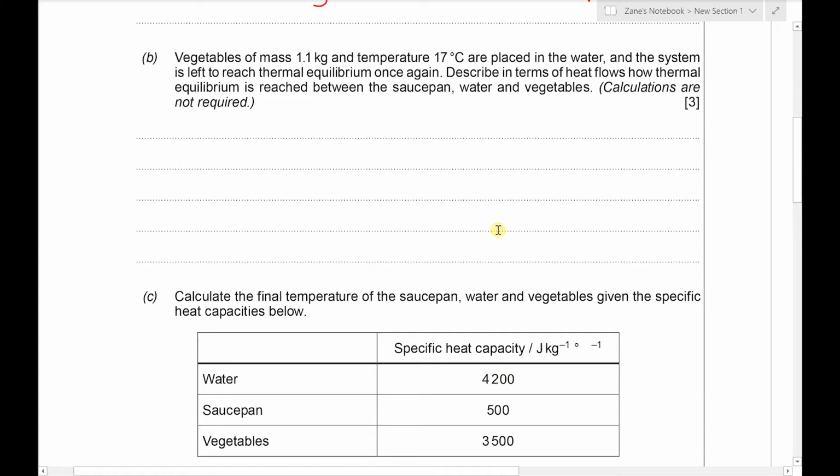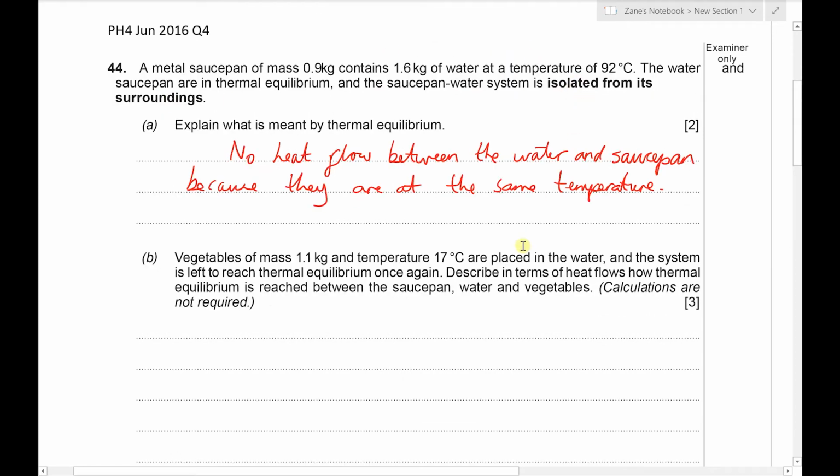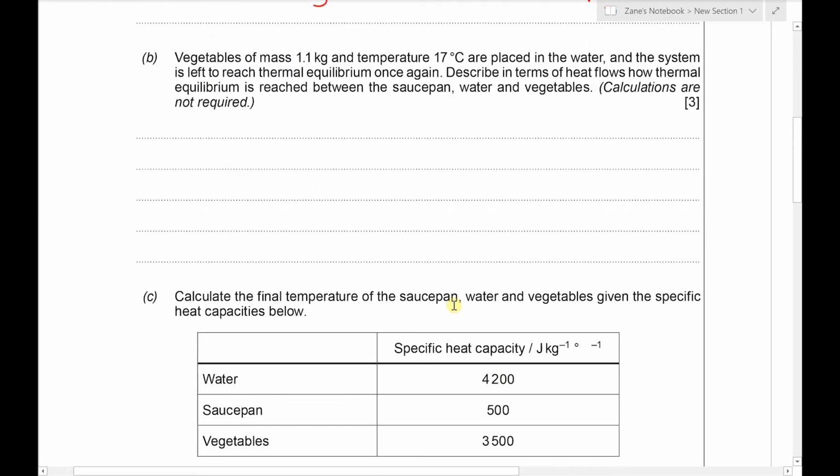Next, vegetables of mass 1.1 kilograms and temperature 17 degrees Celsius are placed in the water, and the system's left to reach thermal equilibrium once again. We're going to describe in terms of heat flows how thermal equilibrium is reached between the saucepan, water and the vegetables, and calculations are not required. One quick point is because the system is isolated from its surroundings, we're going to ignore any heat losses to the surroundings. So basically what's going to happen here is that the vegetables are going to gain heat energy, and